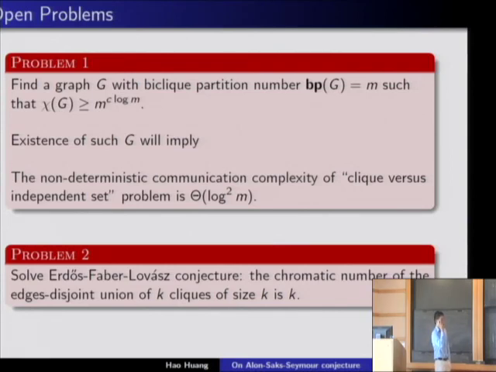The second thing I want to work on, I've been working on this for a while, but it's a very hard problem, so I don't really have an idea to solve it. It's the Erdős-Faber-Lovász conjecture I mentioned in the very beginning. Is it true that if you take the edge-disjoint union of k cliques, each of size k, then the chromatic number is still k? It is known that the chromatic number is at most 1 plus little o(1) times k by Jeff Kahn. But I think the precise version of this conjecture, if you can find a proof, maybe it can be nice and have some interesting